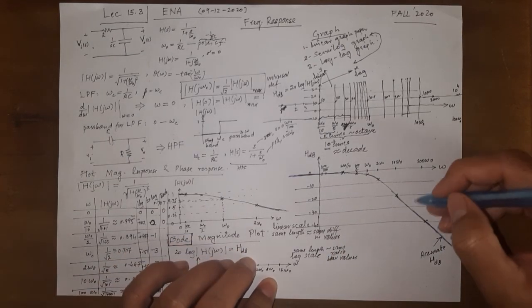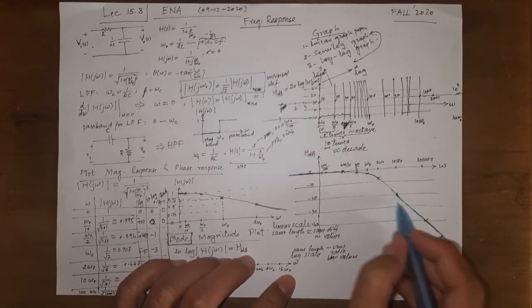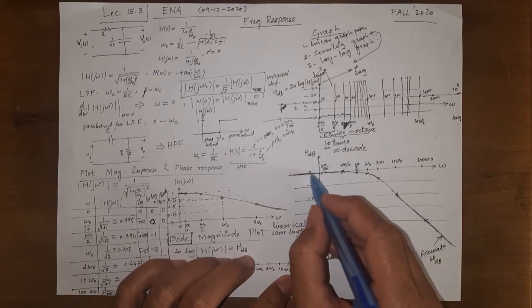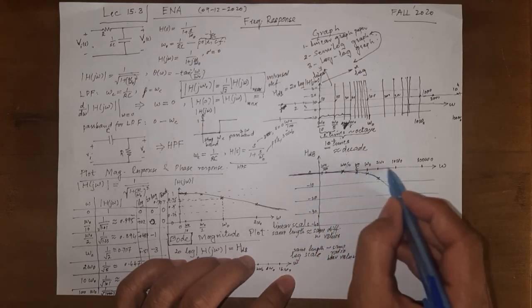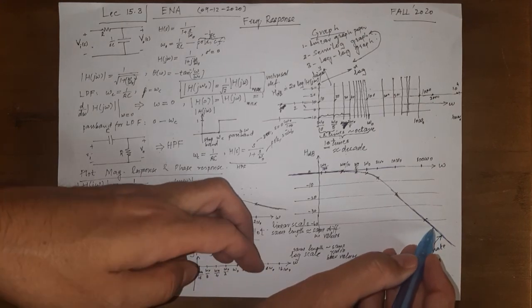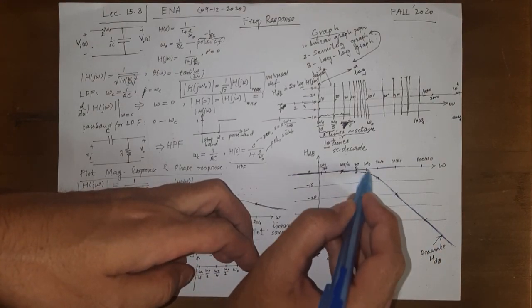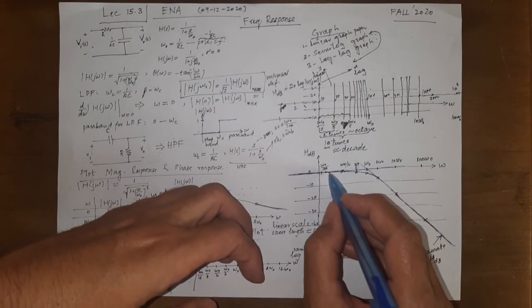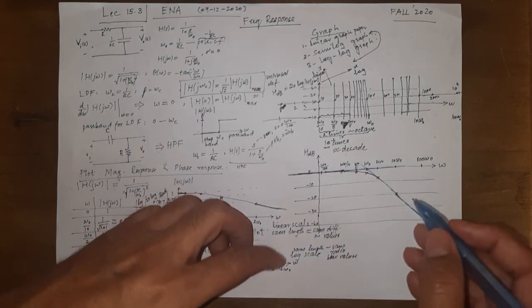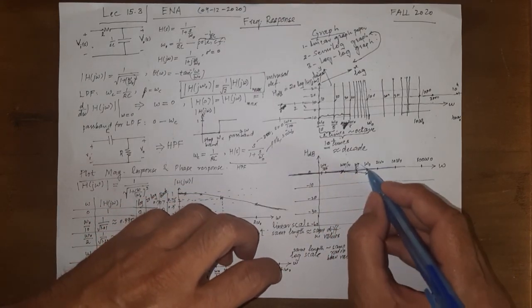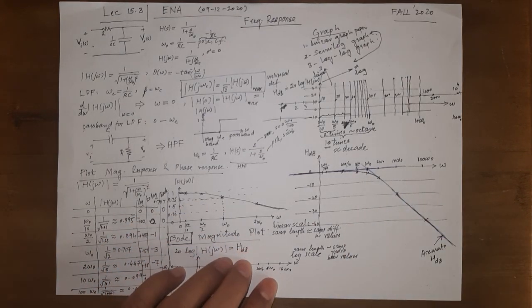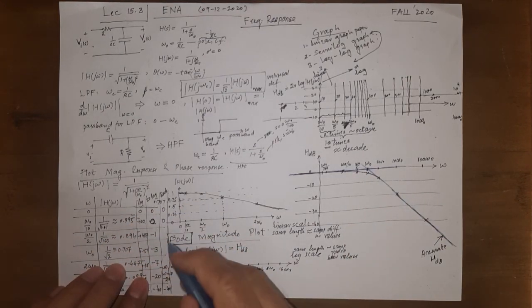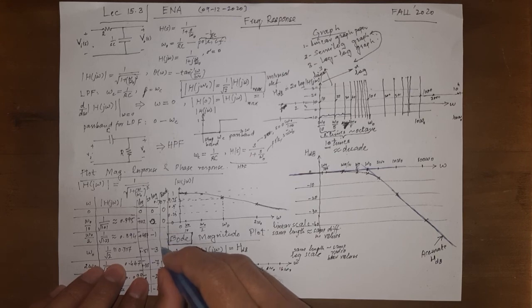So where would this intersect? Where would these two straight lines intersect, if we extend this backward? Although I have drawn a very rough graph, you see it approximately intersected at omega naught. So this was what Bode said: at omega naught, we can take this to be a corner point.